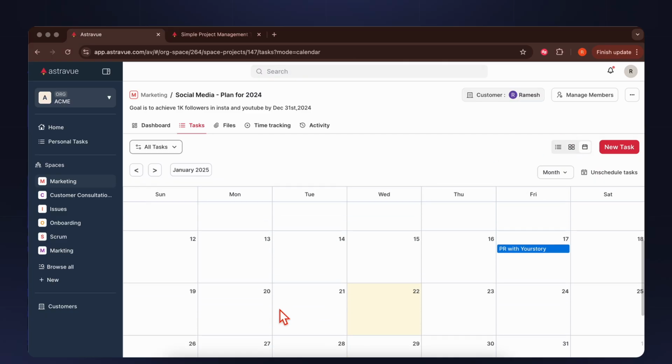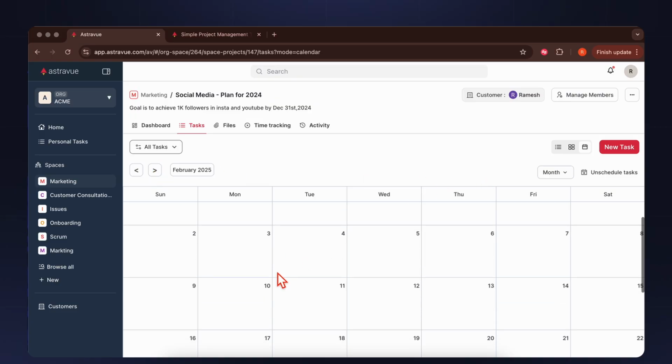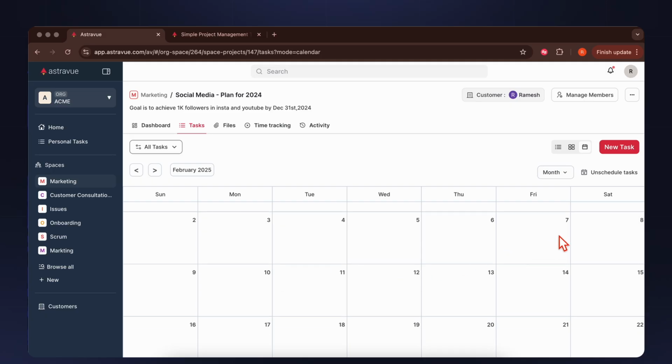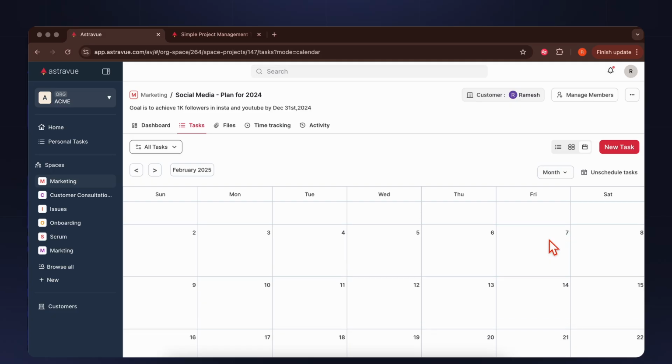And this is what I love the most, right? Let's say you're planning for an event that's coming up in February, right? What I would do is I would have a team meeting, let's say with 4 members, on who's going to take care of which task, and I would start creating the tasks backward from the due date, because let's say the event is on 7th, right? So here I would say, then let's say CFC event,